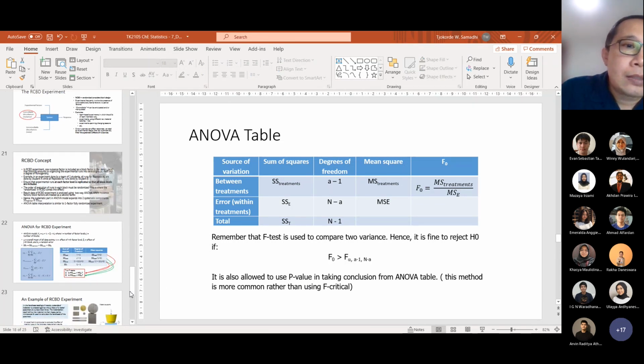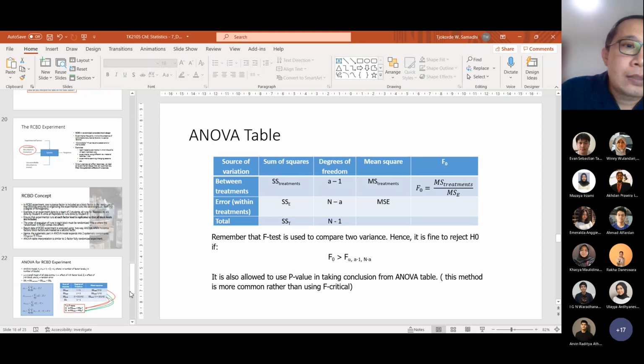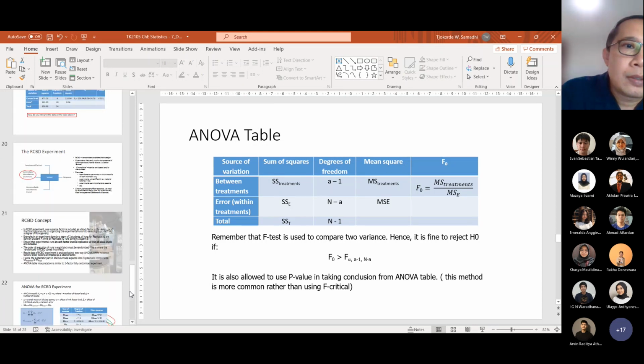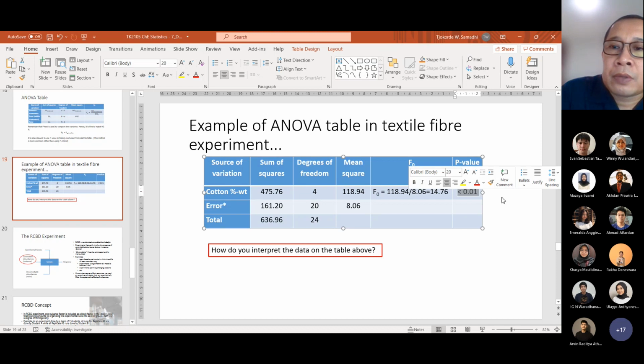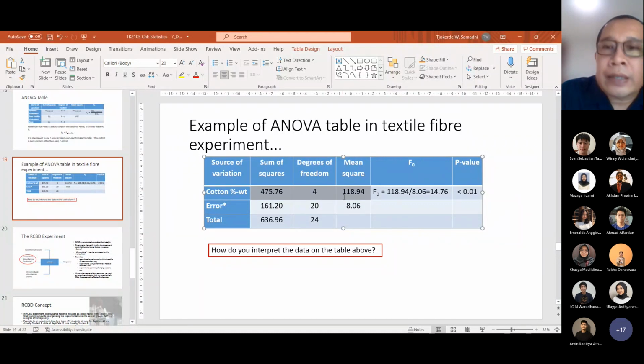Any questions so far? You can see the p-value here. What we do with the p-value is compare it to alpha. If the p-value is less than alpha, then this experimental factor is indeed significant, or it